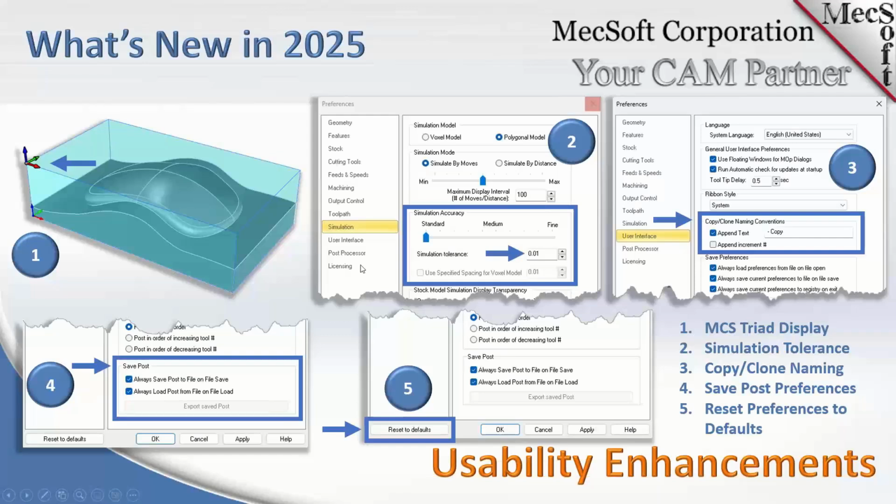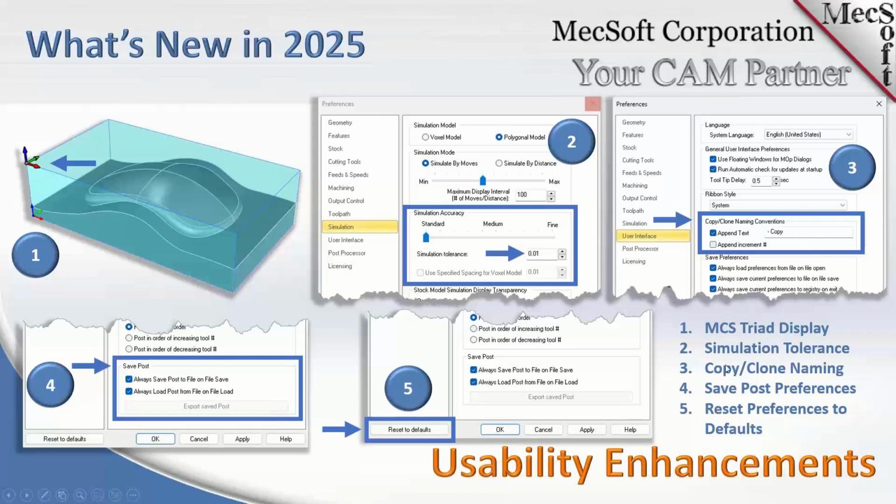Now, we've added a lot of small usability enhancements. So we picked out a few, 10 of them to be exact, and we're going to talk about them. But keep in mind, these are only a few that we chose to talk about. There's a lot more in the What's New document, okay? So I labeled them here, and I listed the definitions here, 1 through 5, and we'll just talk a little